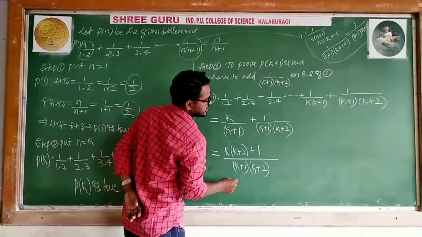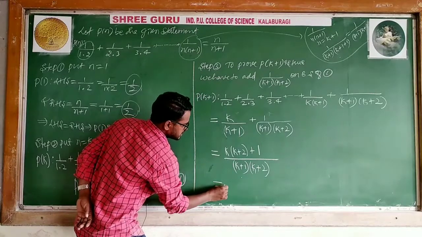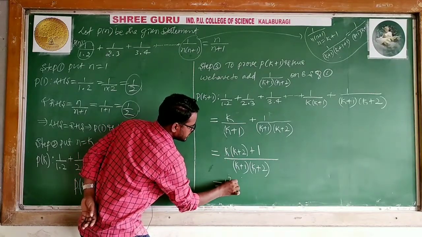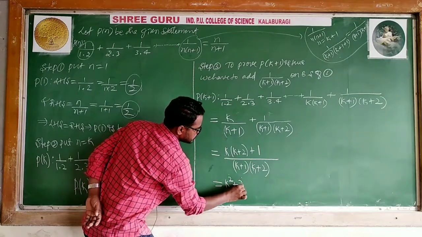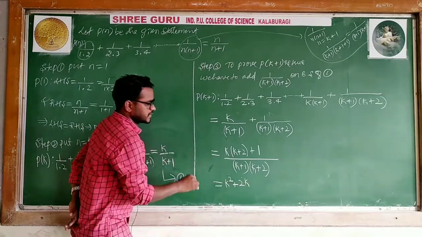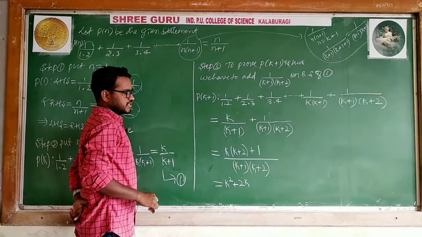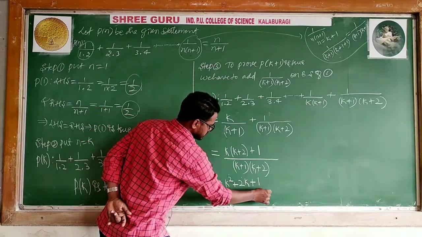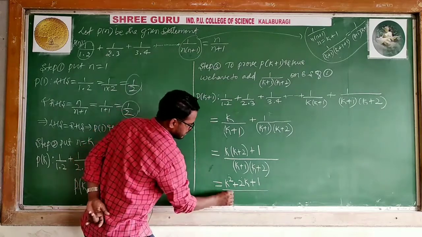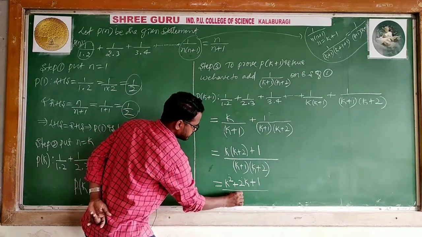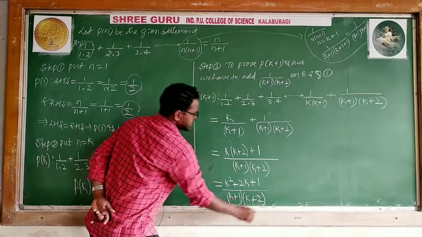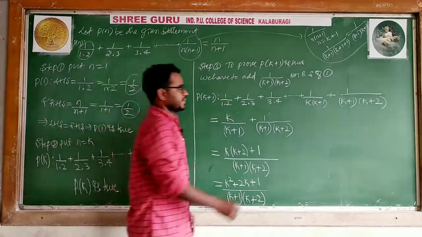So now I will express it as k into k square, k square plus k into 2, 2k, k into k square plus 2k plus 1, divided by k plus 1, k plus 2. Are you getting? Now what happens, see,